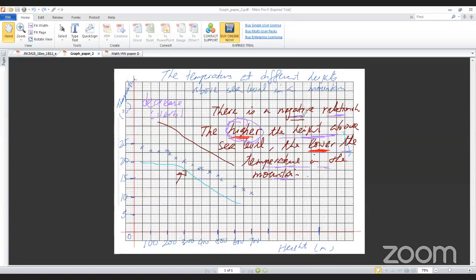Therefore, we cannot say that there is a decreased relationship. We will say that it is a positive relationship or a negative relationship. For relationship, we use positive and negative as the adjective. If you want to describe the line or the graph, and you want to use the word decrease, then we can say that the graph